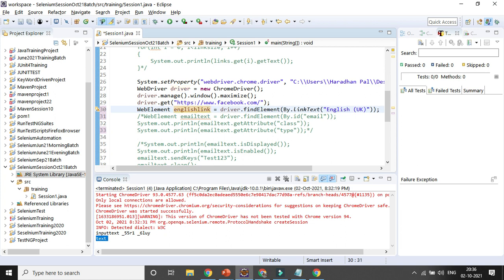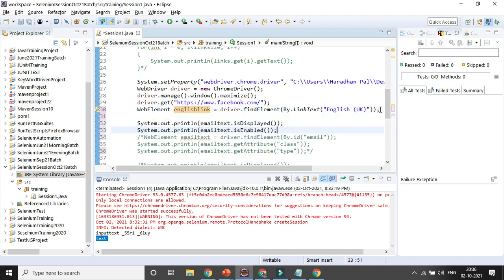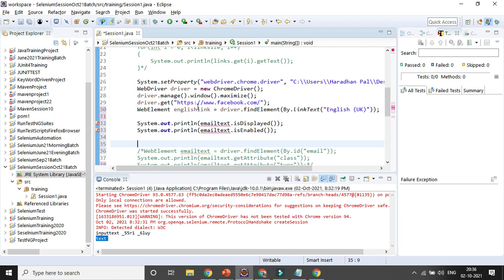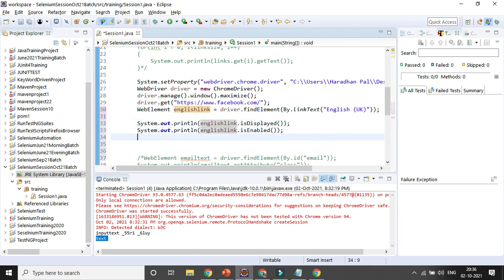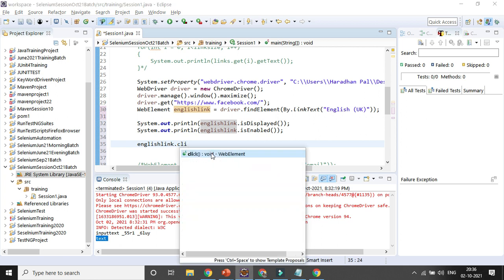By the name itself you can see this is the English link. Now you can check whether it's displayed or not. I will just change the variable here. Then I will click on it. So these are the three operations you can perform for a link or hyperlink.